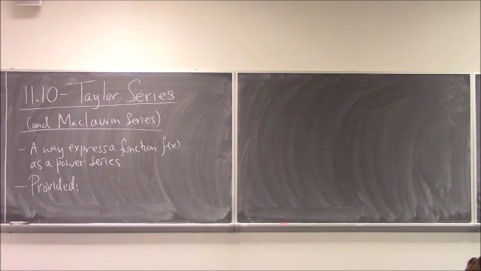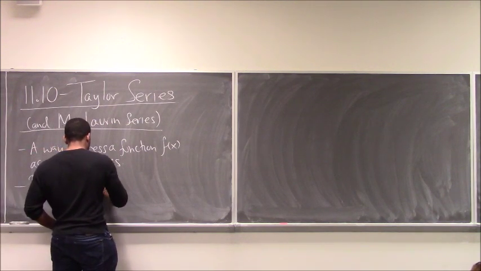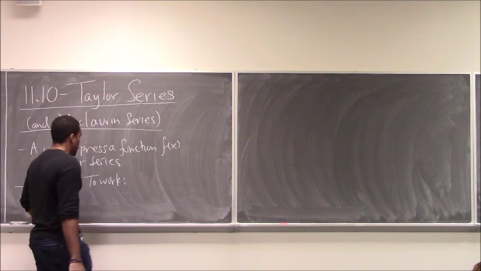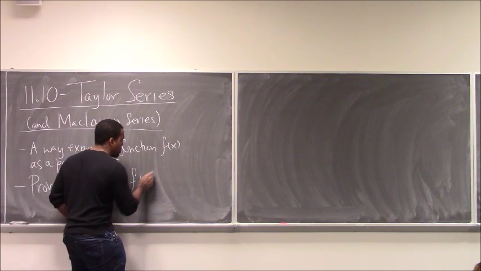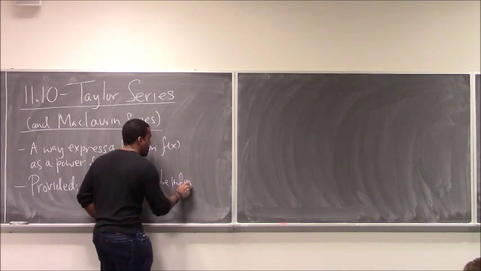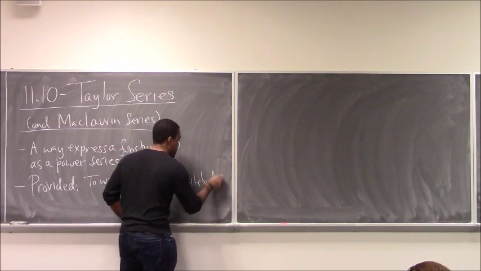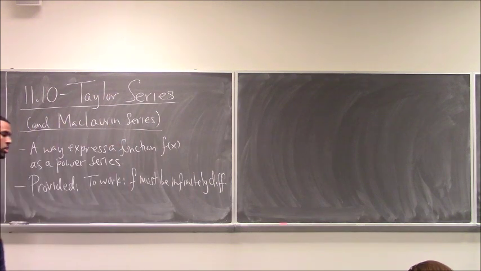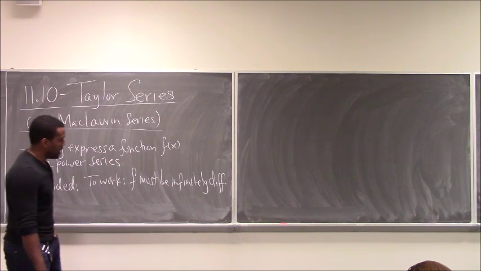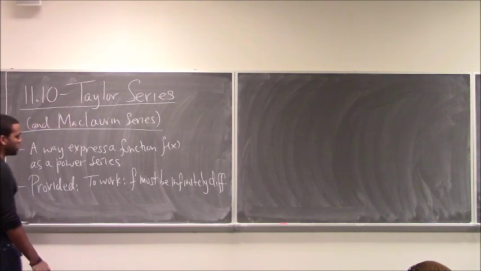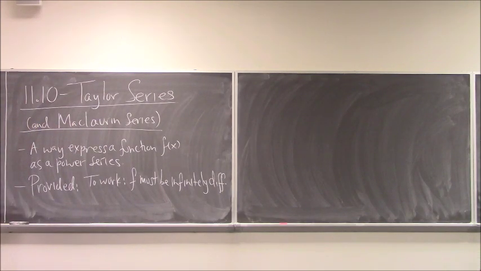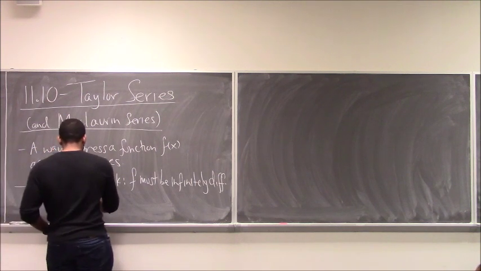There are two main things that you need for this to actually work. f must be infinitely differentiable. You have to have a function that you can take its derivative, and then take it again, and then again, and keep taking it forever. So infinitely differentiable functions, that's the minimum requirement. Once your function is infinitely differentiable, you can actually make a power series off that function. Now, sometimes